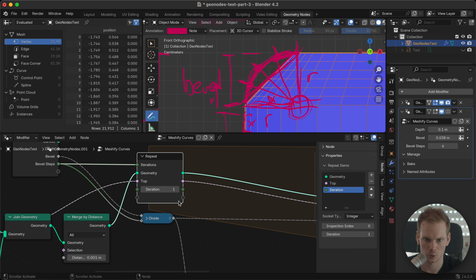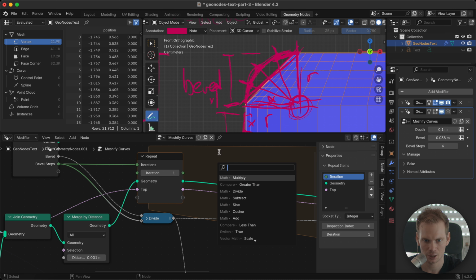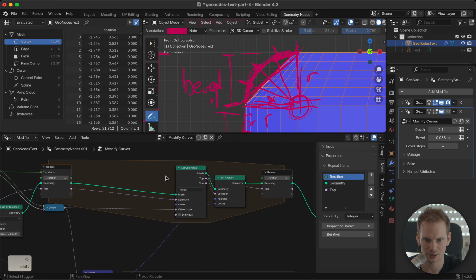Maybe I want to start at 1. Yeah, I think that makes a little bit more sense. And then I want to move it to the top because that's kind of part of this main loop. So that makes most sense to me. And now we have our iteration. How do we make sure that this is actually updating? Because we could plug it in right now, and now it will be 1. We go here, it's 1. We go back, still 1, because that's what we plugged in here.